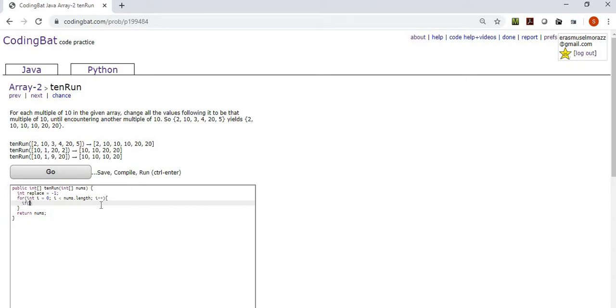All right, so if nums[i] modulo 10 equals 0, that means that element of the array is evenly divisible by 10. And now we're going to check to see if replace equals -1. If replace does equal -1, then we're going to update replace to the current value of that element. If replace does not equal -1,